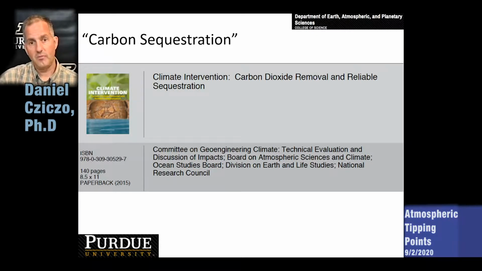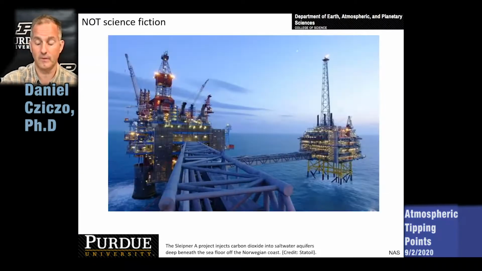The first and probably the most obvious thing when faced with an increase in carbon dioxide in the atmosphere is to do what the natural system does, which is find a way to remove that CO2, remove the warming agent from the planet's atmosphere. This is commonly called carbon sequestration. This is an overview page from a National Academy's report on the topic from a few years ago.